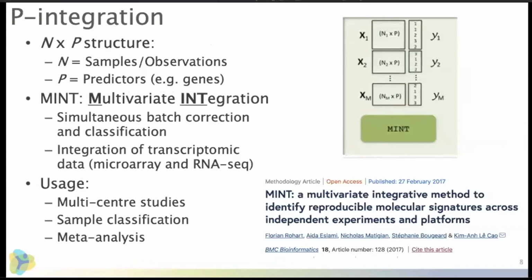So again, we talk about this N x P structure where N is the samples and P is the predictors. In the case that I'm going to talk about, it's genes. So the integration across the predictors P is known as MINT, which stands for multivariate integration. What MINT does is it performs simultaneous batch correction and classification, and then it integrates the data on the